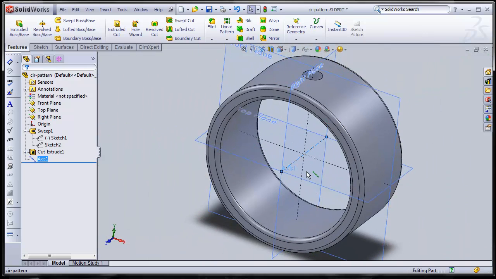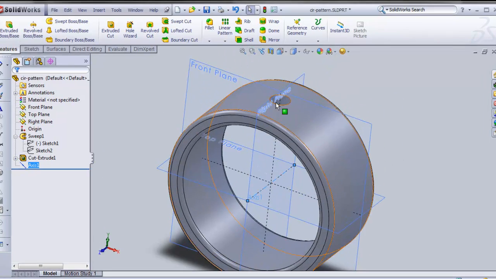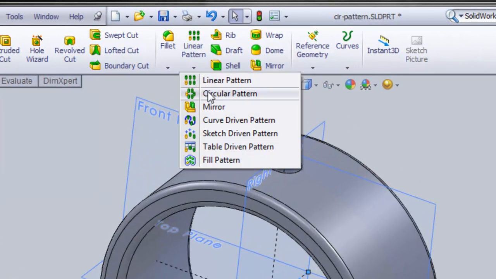Now you could also create an axis if you had a line drawn, a construction line sketched in there. You could select that and change it into an axis as well. So now we're going to proceed and do the circular pattern. So I'm going to click on circular pattern,